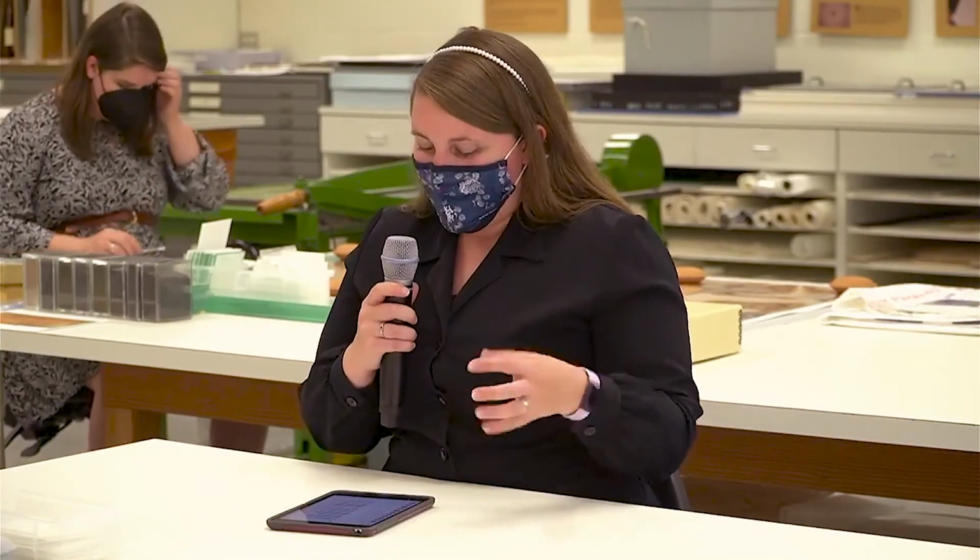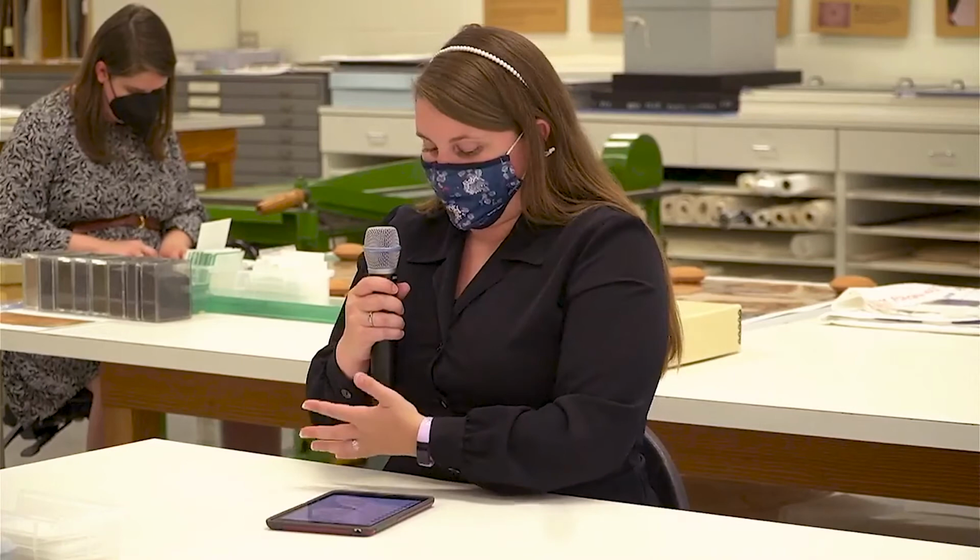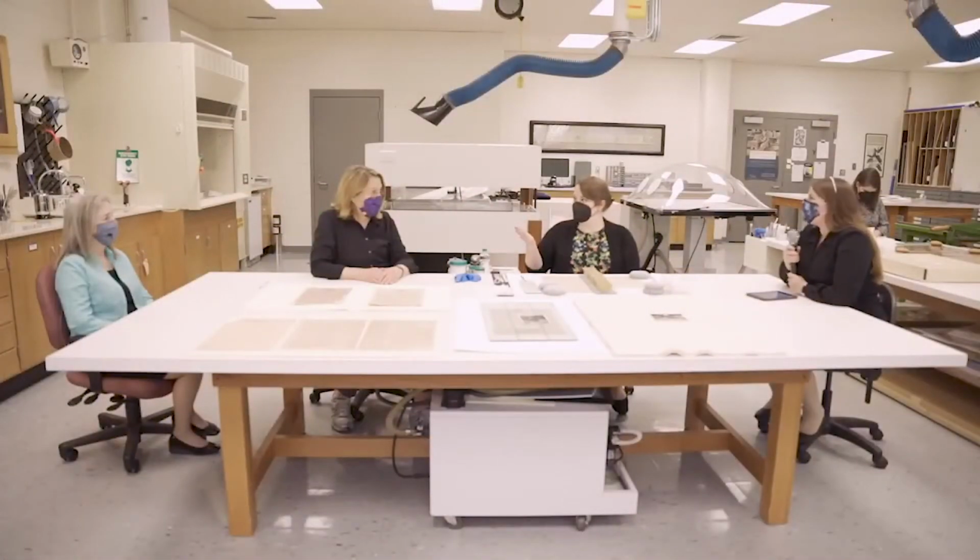From Doug asking about the change in the paper you're using. This technique of mending with the Japanese paper is possible because it's textile fibers that are mixing together, but today we're used to more wood pulp fiber, right? So Doug is asking, when do we see that change happening from rag paper to wood pulp? And he's also asking if wood pulp is more acidic and more prone to breaking down. Is what we produce today a little less stable? Yes, I don't know if you want to touch on that at all, or...